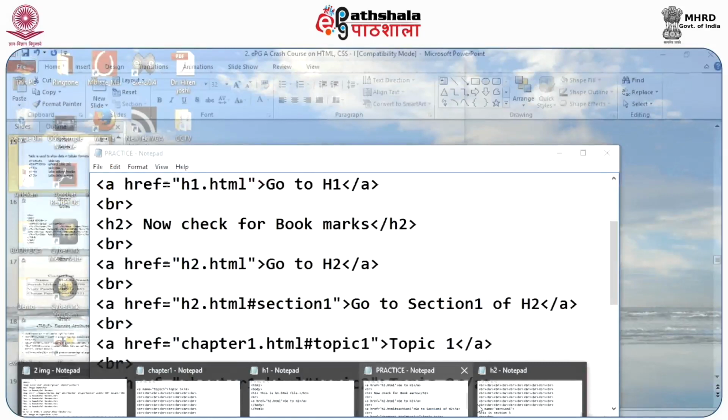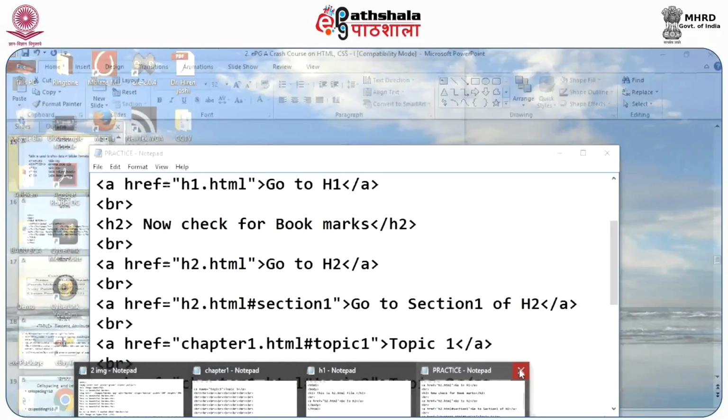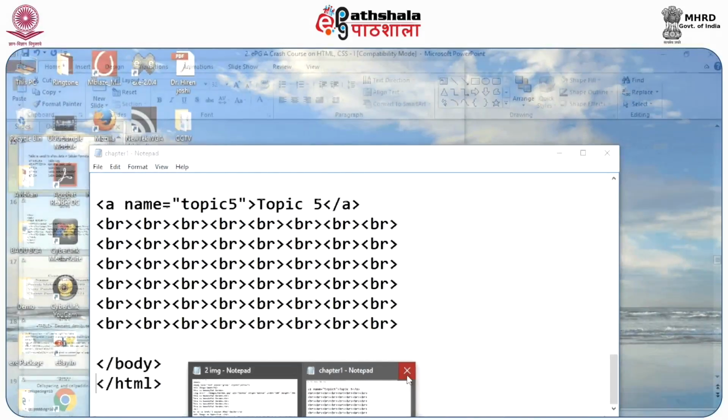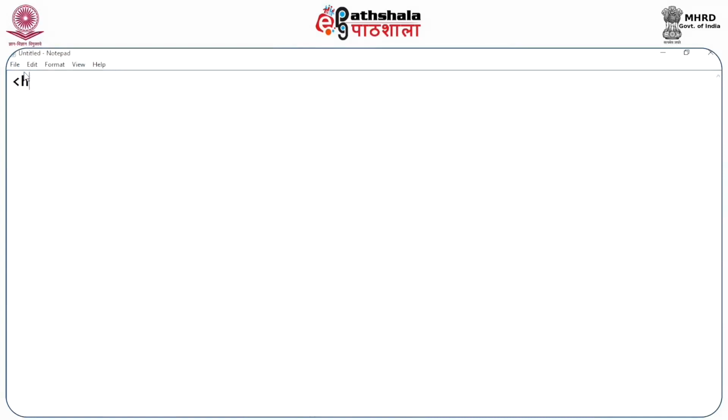HTML allows you to create tables. Let me close all this, my first notepad file, and I will create a new file to give a demonstration about tables. So I will write opening and closing HTML tag. Then I will write the head section, and inside head let me use title, though it is optional, let me write it here: table demo, slash title. Then in the body section